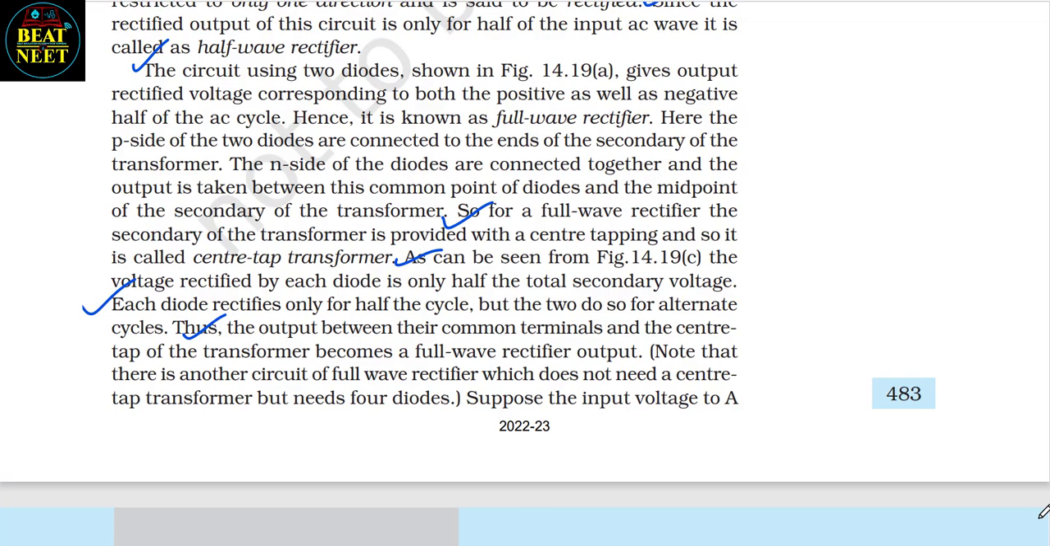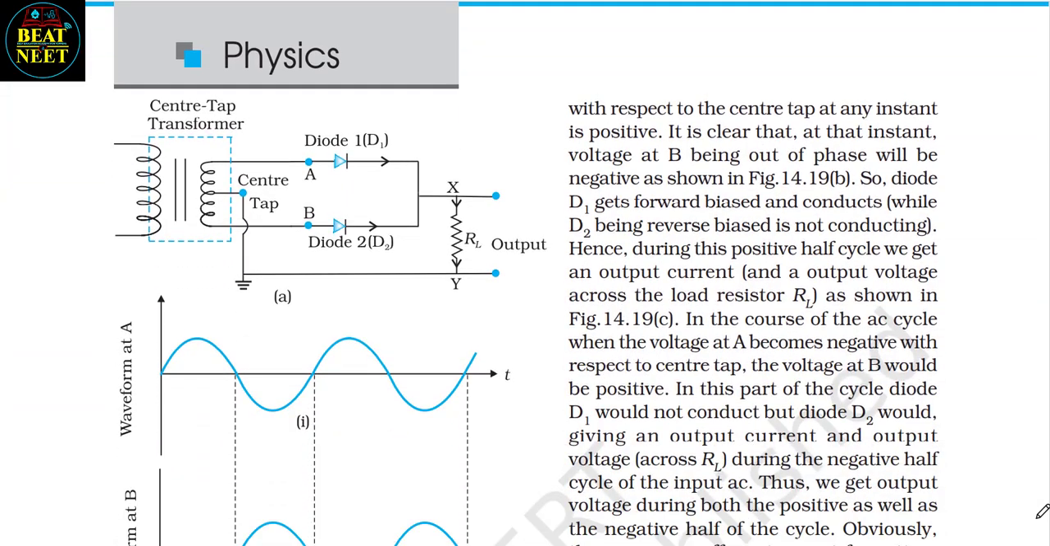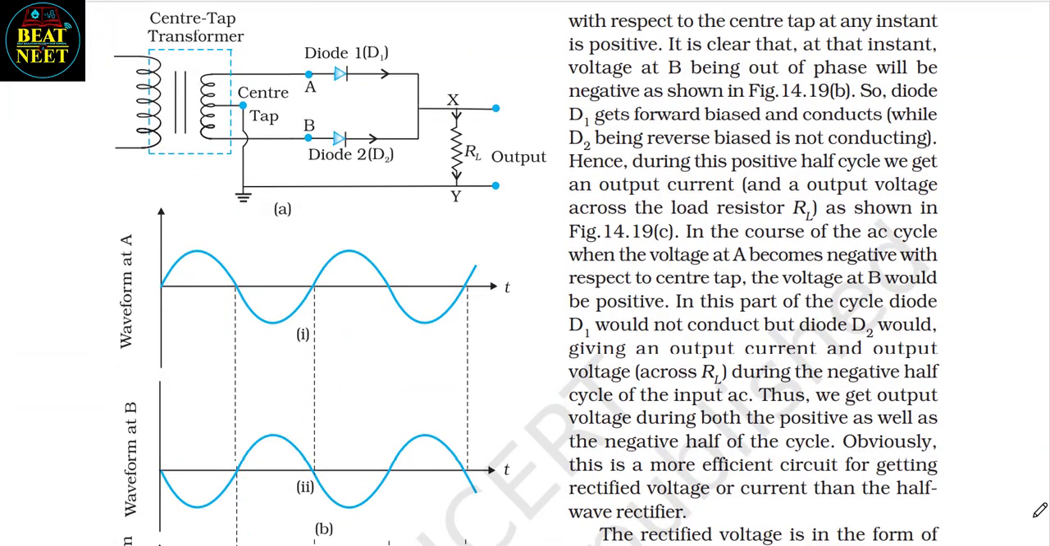4 diodes. Suppose the input voltage to A with respect to the center tap at any instant is positive. It is clear that at the instant voltage at B being out of phase will be negative as shown in figure 14.19b. So diode D1 gets forward biased and conducts, while D2 being reverse biased is not conducting. Hence, during the positive half cycle we get an output current and output voltage across the load resistors as shown